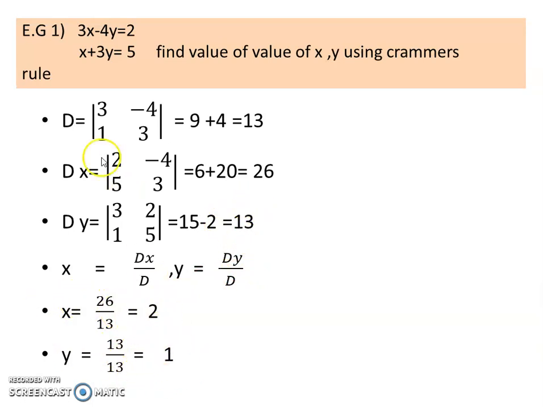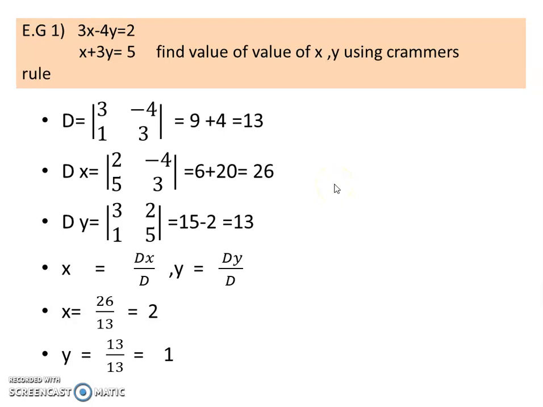If we put these two values in this equation, we derive the same answer on the right hand side. Let us check. x equal to 2, y is equal to 1: 3 into 2 is 6, and y is 1. So we derive 5 in the second equation. So our x and y values are right. It is the cross checking to resubstitute the values and derive the final answer.